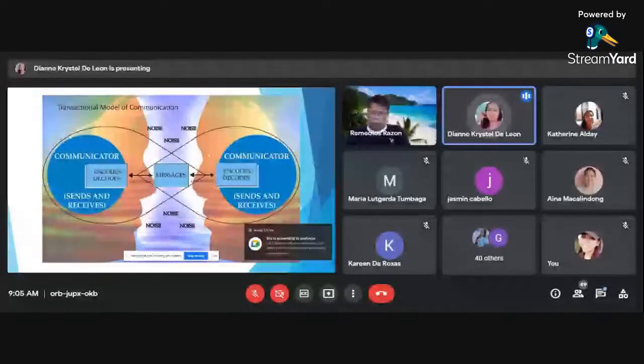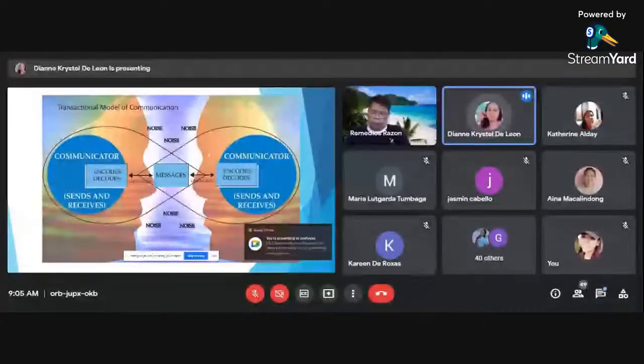transactional communication. So dito po, as we can see, it shows that the elements in communication are interdependent. Each person in the communication act is both a speaker and a listener, and can be simultaneously sending and receiving messages.